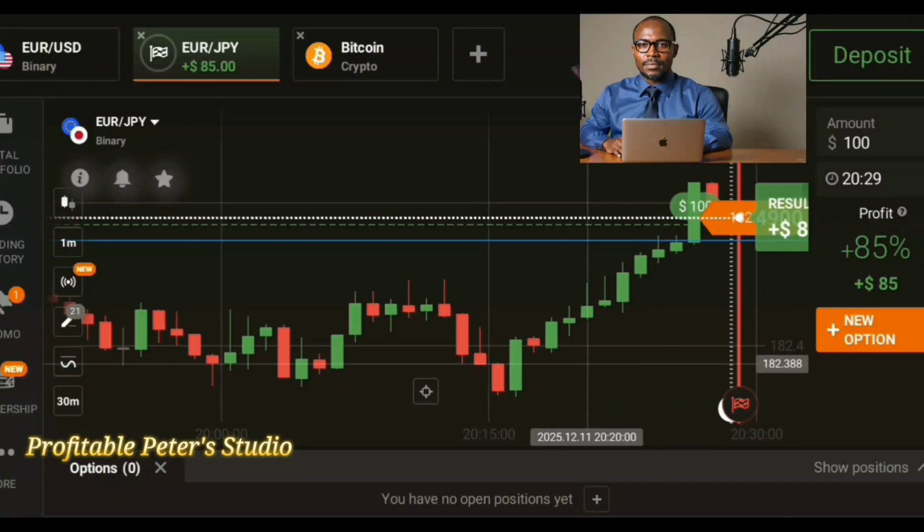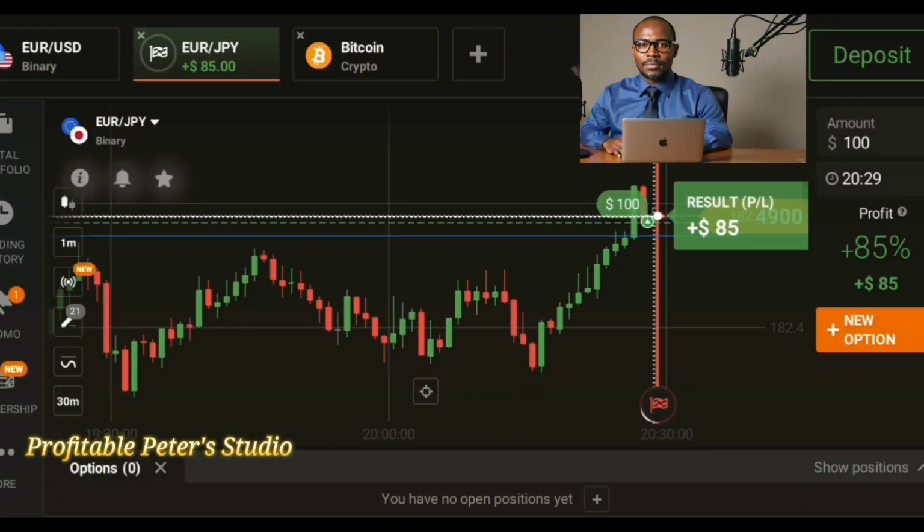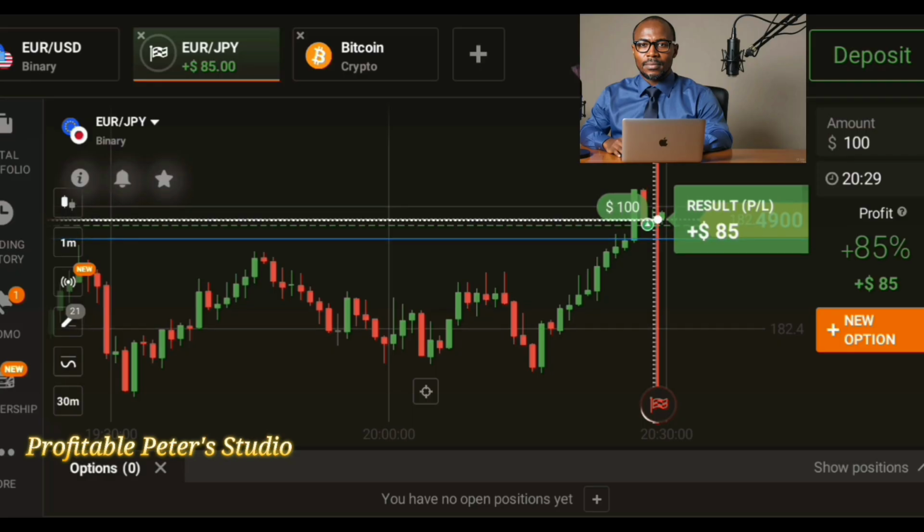Right, so I've won two trades now, and I've lost one. I've taken three trades overall, and usually I don't like taking more than three trades. So I lost one, and I won two. All right, so that is how you can use price action along with support and resistance zone,